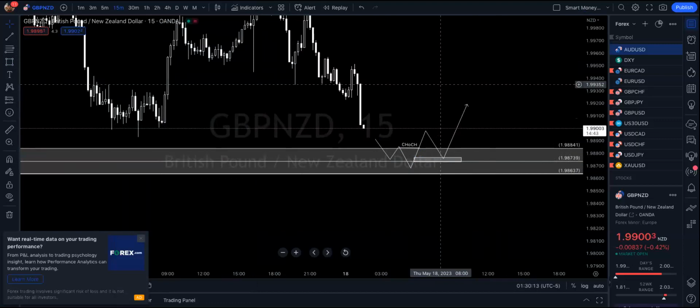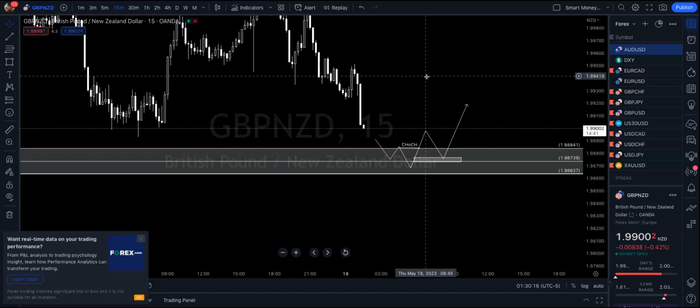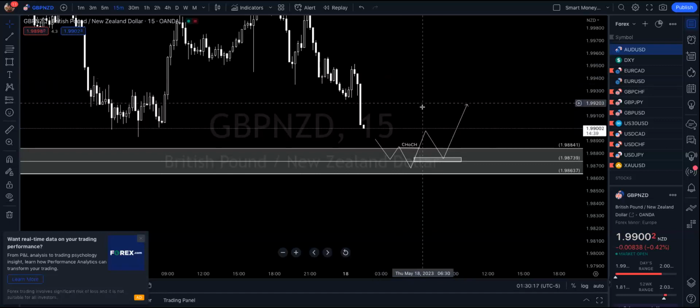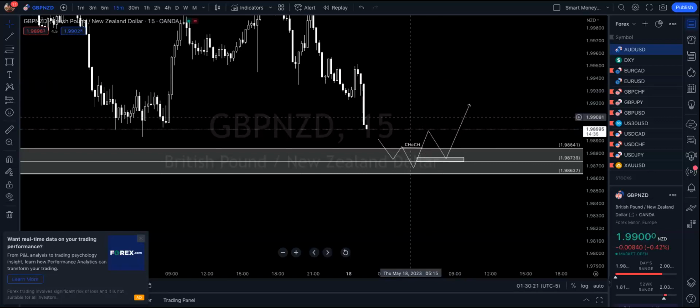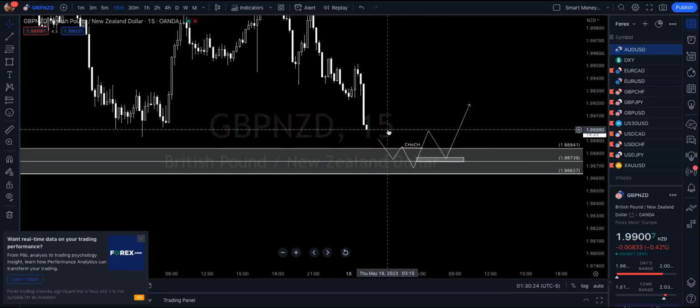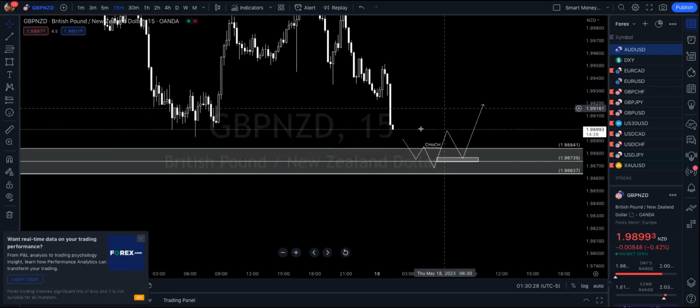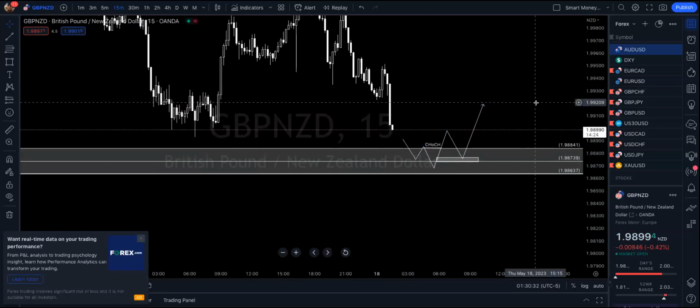Keep in mind, you will lose trades doing this. The market is going to do what the market is going to do. But following this, you will get the highest probability of your trade being successful. And look at this zone. It's